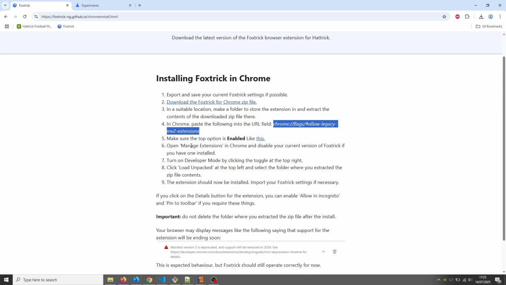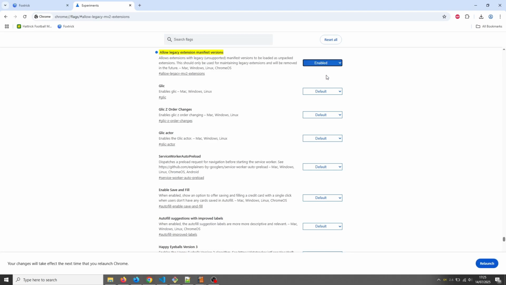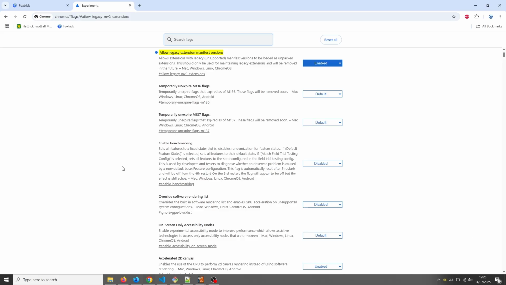Next step, make sure the top option is enabled. Okay, well that refers to this page here, and this is what I mean by the top option. So where it says default, we need to change that to say enabled. And we need to click on this relaunch button once we're done. So let's do that. Okay, so we can close this.